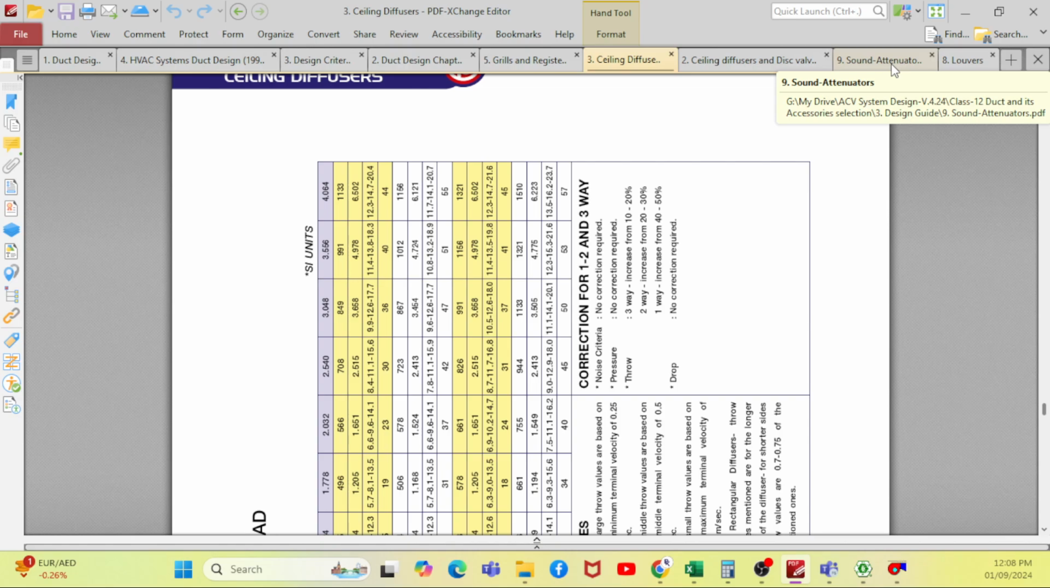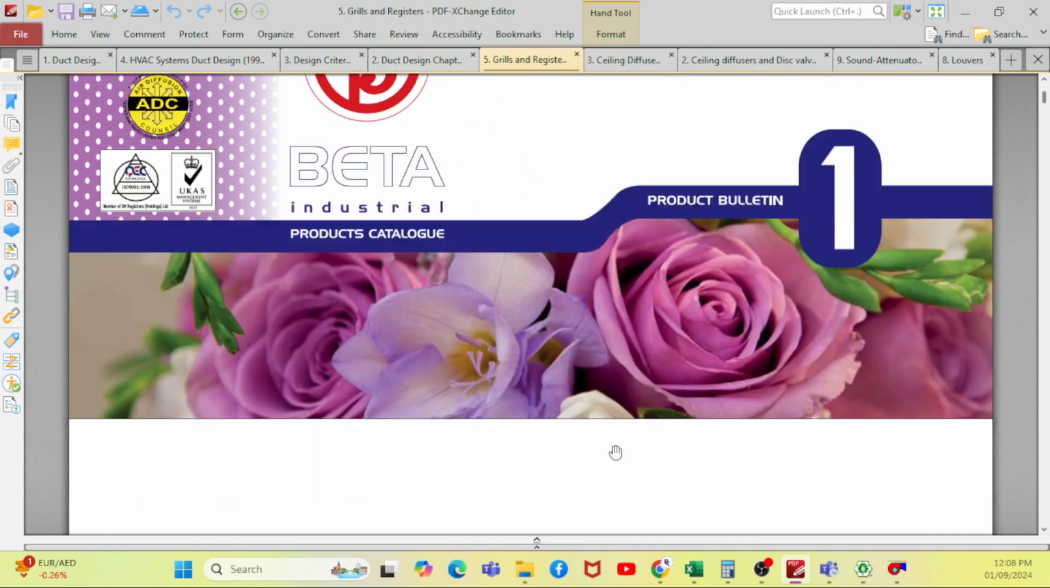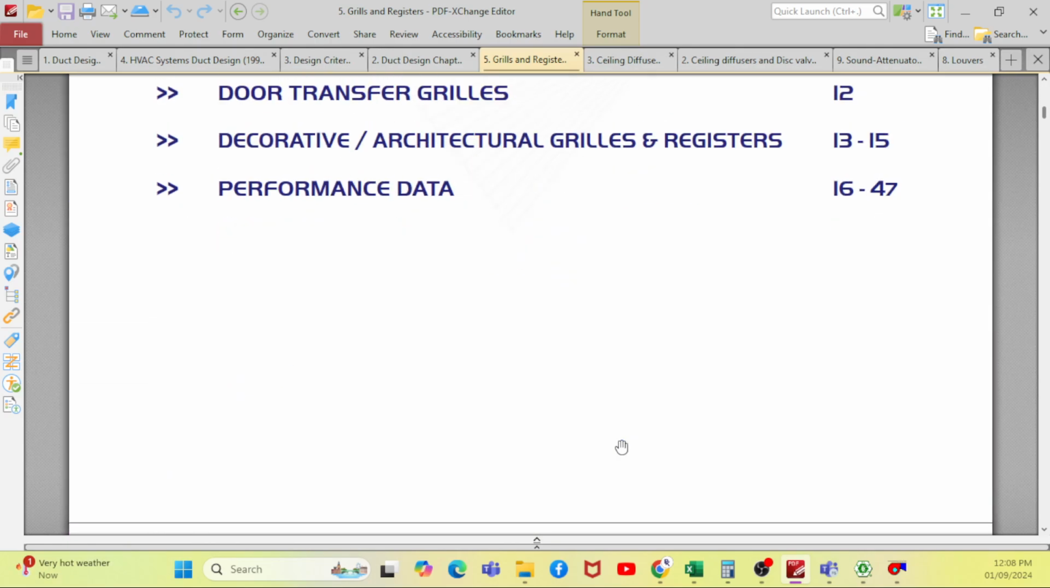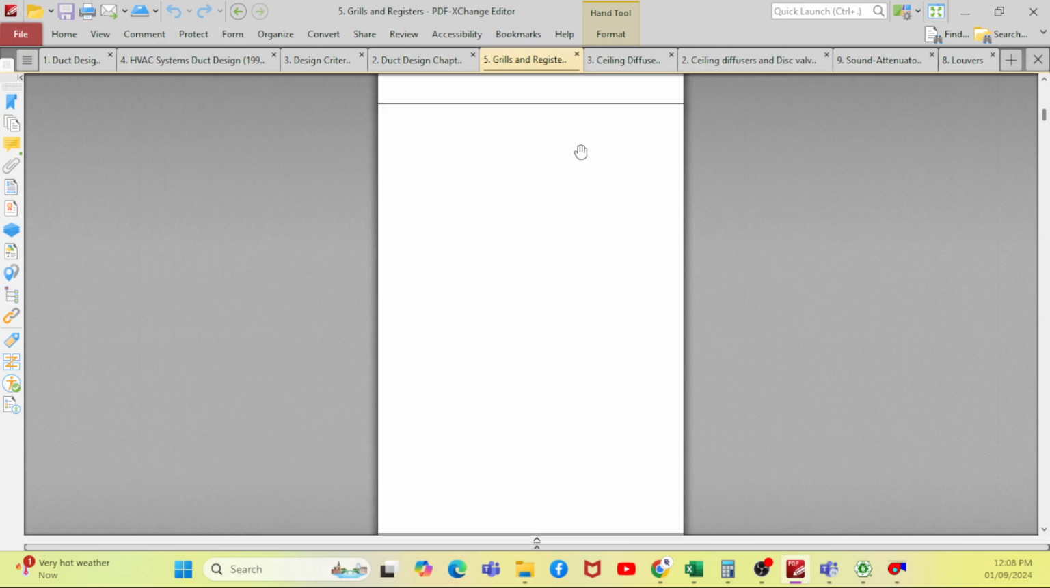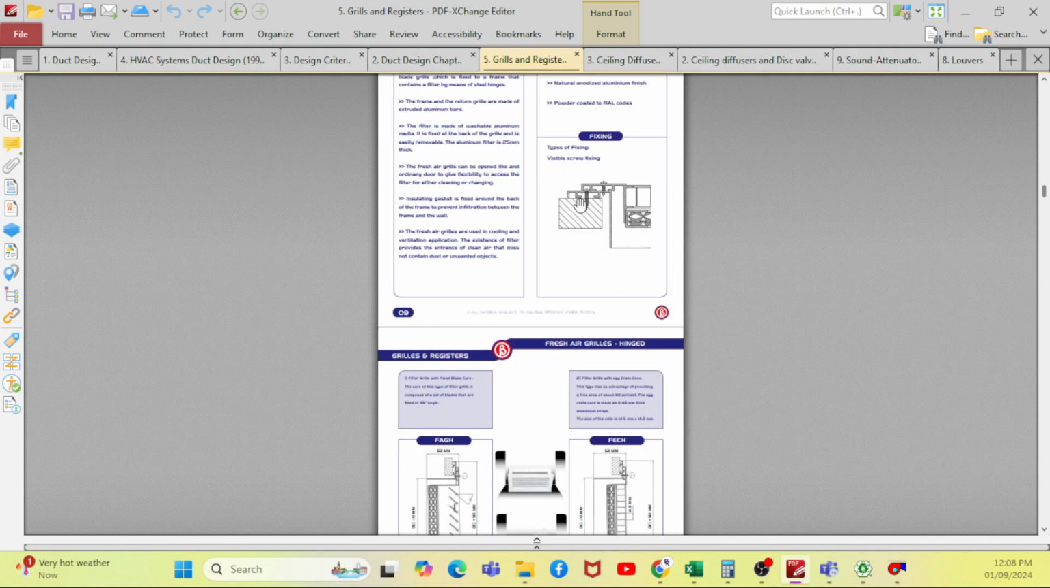Okay, so this is how to calculate the pressure drop from the catalog. Say for example, maybe everyone in the construction field knows that, but I will just explain if you have no idea. As I told you before, say for example there are grills and registers. If you go to any of the catalogs, to the selection sheet,